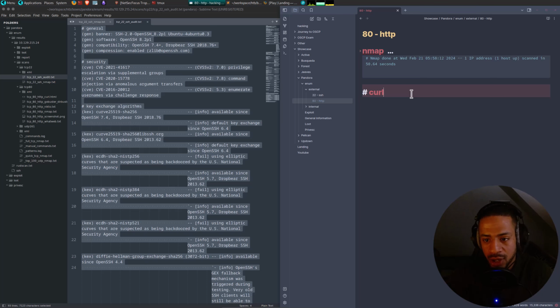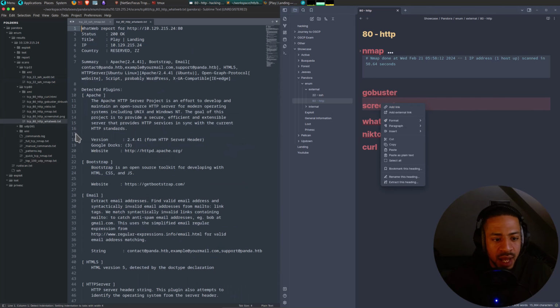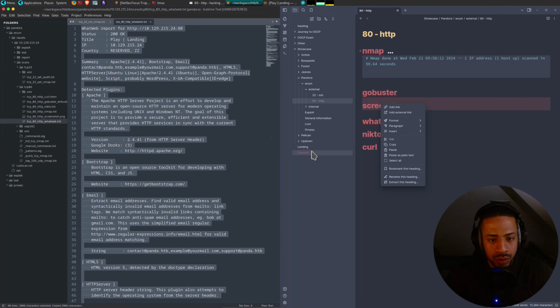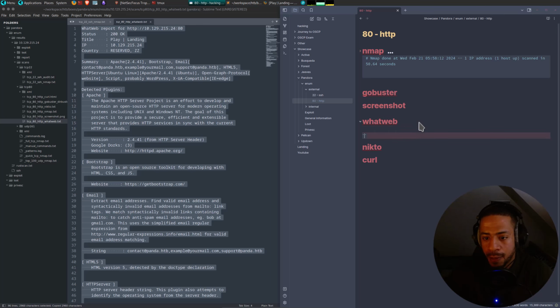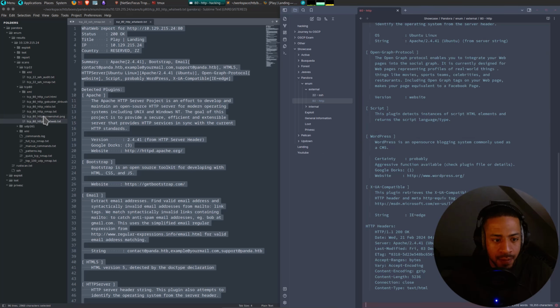So we've got curl as usual, though I like to do that one last. We've got Nikto, we've got a screenshot, we've got whatweb, and we have got GoBuster, I believe. Is that all of them? Yes. We copy all of them, paste them.